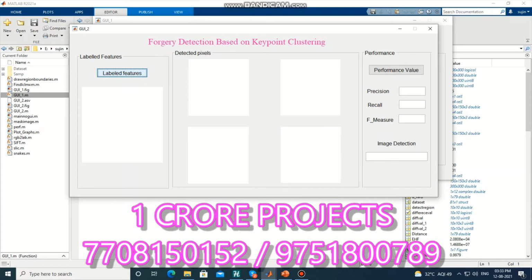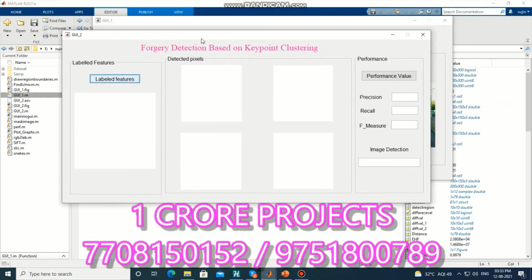It takes time to show the result. In the backend process we will compare both the images.